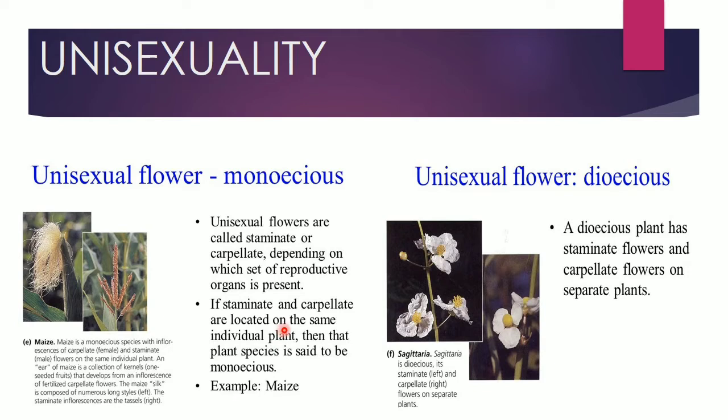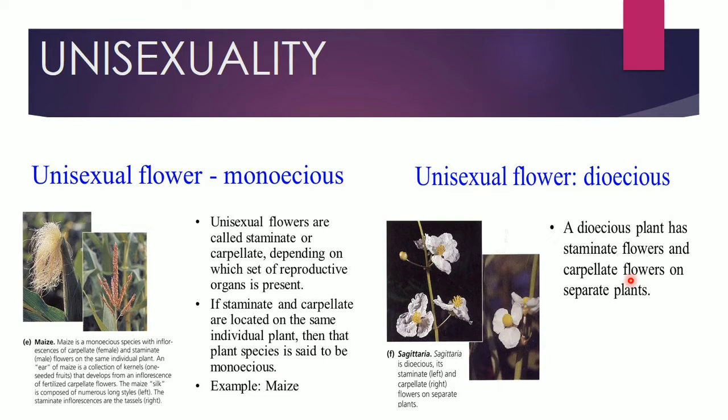That type of plants are known as monoecious plants. Is it clear? Now what is dioecious? Dioecious plant means the plant will have either male flowers or female flowers, or either staminate flowers or carpellate flowers. Understood? So there the male and female plants will be different. One will be a male plant with all staminate flowers. The other will be a female plant with all carpellate flowers. Understood the difference of both the terms?